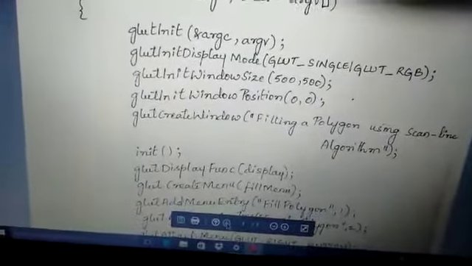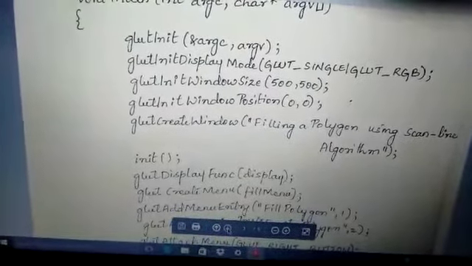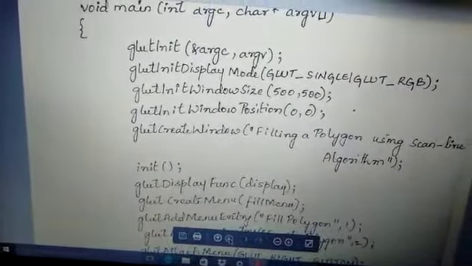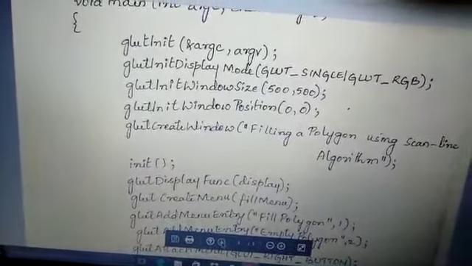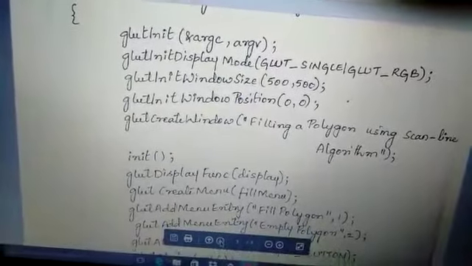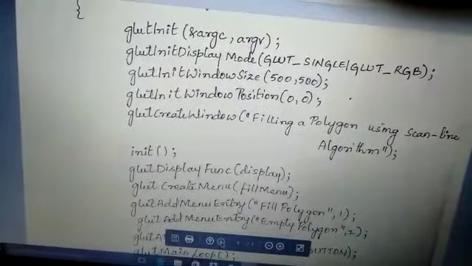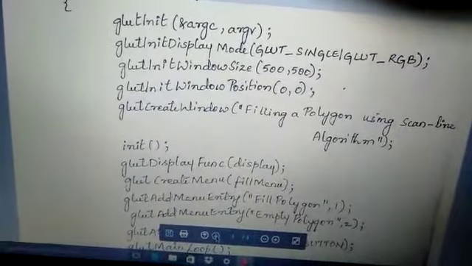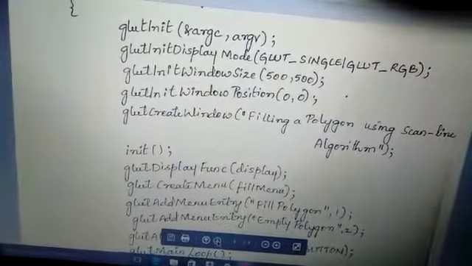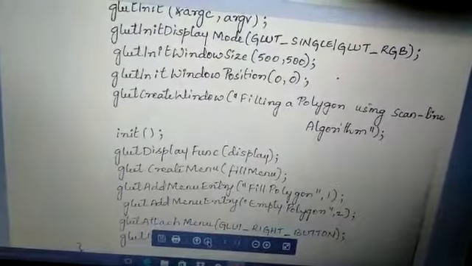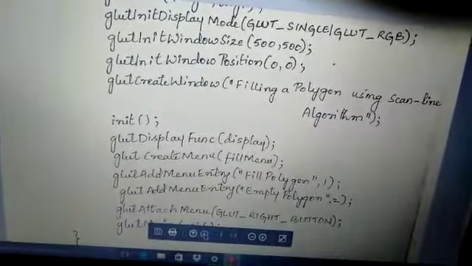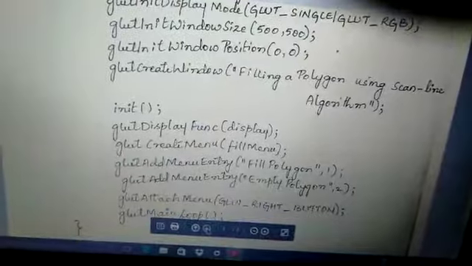So after initializing the argument counters and vectors and the display mode, which comes with GLUT_SINGLE as a buffer, then GLUT_RGB for the color model. Then we have window size 500, 500, and window position, the leftmost initialization of that particular position of the window. Then we are giving the title of the window as "filling of a polygon using scanline algorithm",